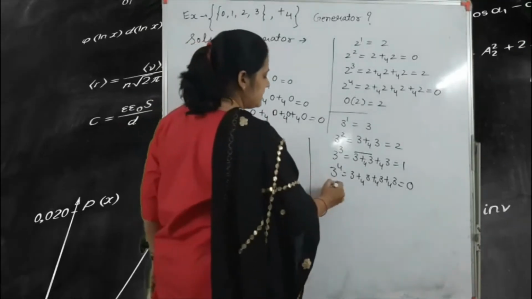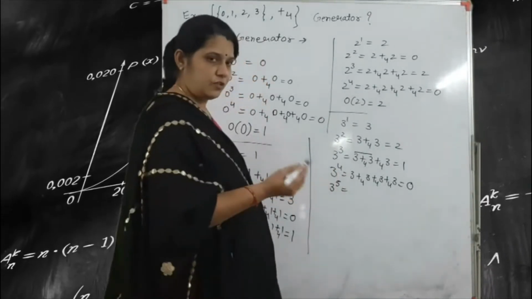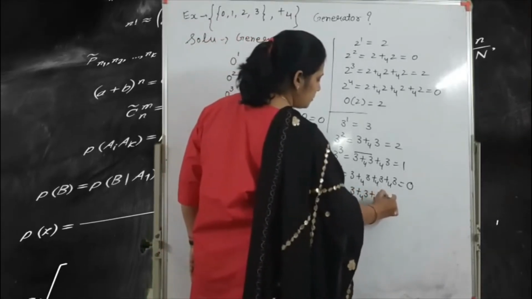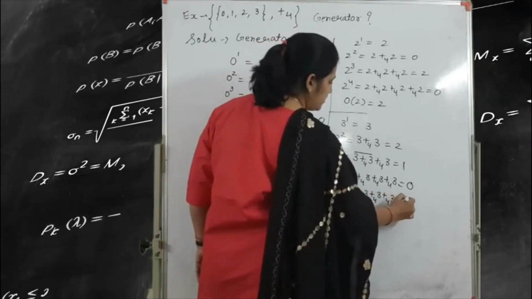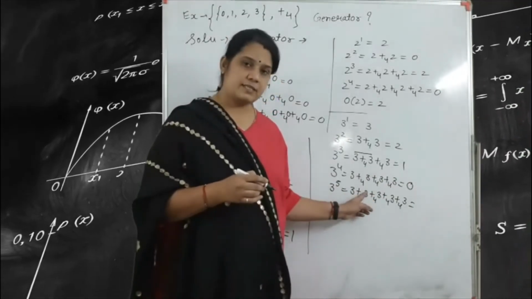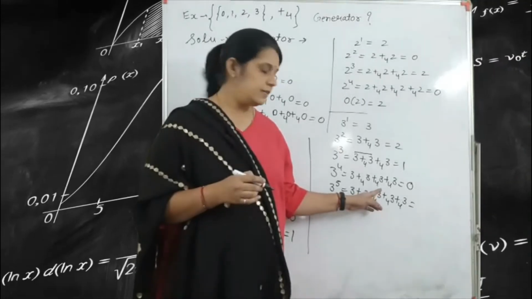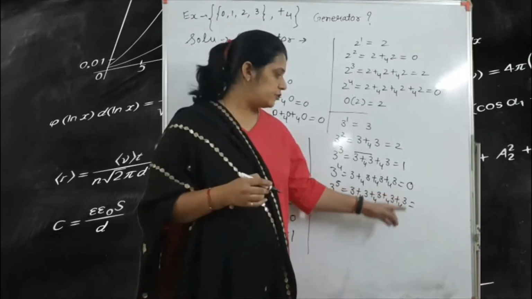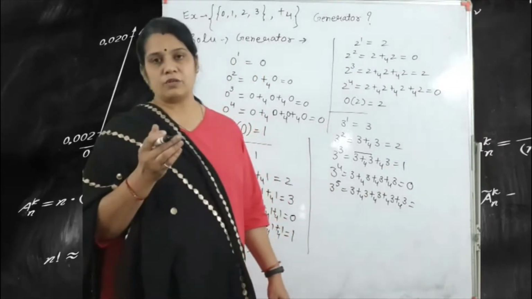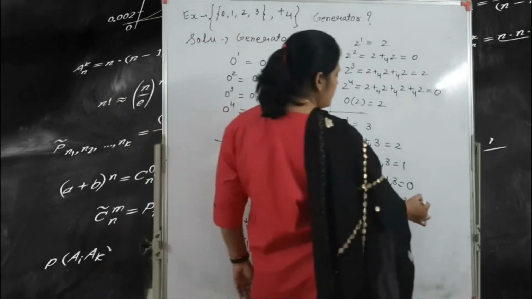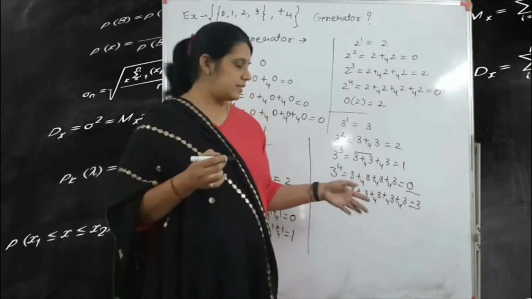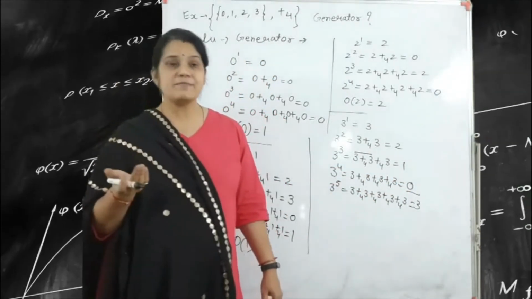Okay, so here in case we write 3 raised to the power 5. For example, we write 3 addition modulo 4 3, addition modulo 4 3, addition modulo 4 3, and addition modulo 4 3. Here we write the 5 times 3. So 3 plus 3 is 6, 6 plus 3 is 9, 9 plus 3 is 12, and 12 plus 3 is 15. Now 15 divided by 4, 4 threes are 12, so the remainder is what? 3. So see here, first we have 3, 2, 1 and 0, and after that we put 3 raised to the power 5, so we get 3.